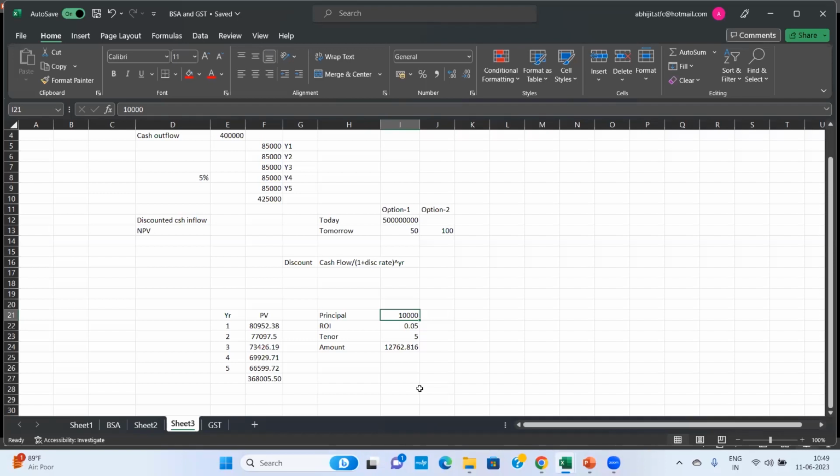It is discounted cash flow we are taking out. So discounted cash flow means in a project, you have estimated there will be cash flow of 85,000 in the year 1, year 2, year 3, year 4, year 5. So it might not be equal. It could be 85,000 in some year. It could be 90,000 in some year. This is just an example. Now, what is my net present value from the project?